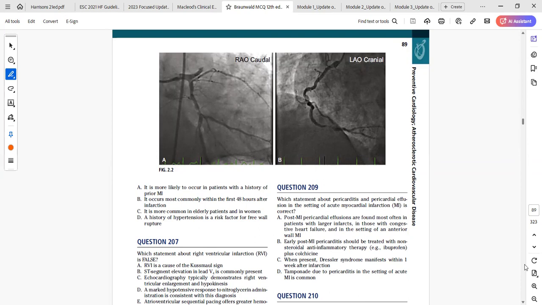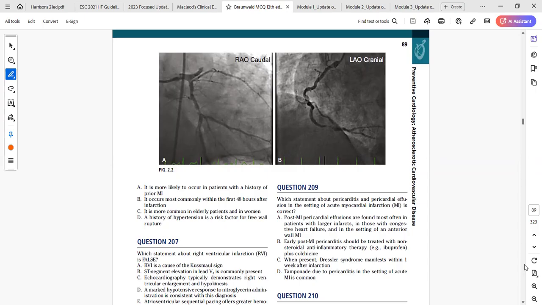So the rupture usually occurs at the margin between the impacted myocardium and the healthy myocardium. And risk factors for it include absence of prior myocardial infarction. It's believed that if there's been a previous myocardial infarction, there is a scar tissue already formed, and it makes that myocardium less prone to rupture. Then other risk factors include elderly or advanced age, female gender, the history of hypertension. Those are risk factors for it.